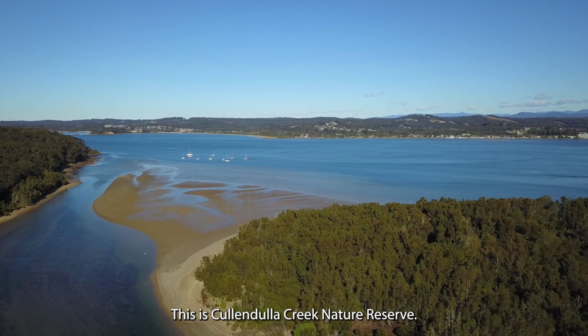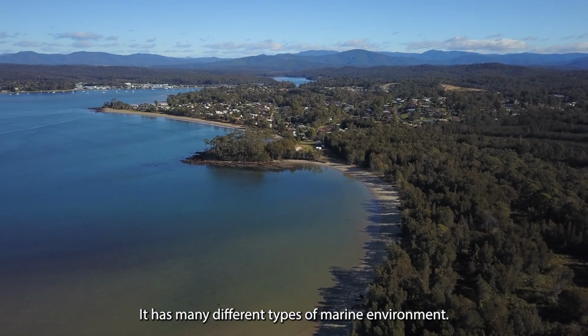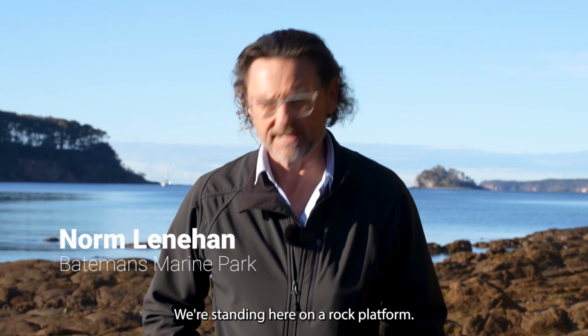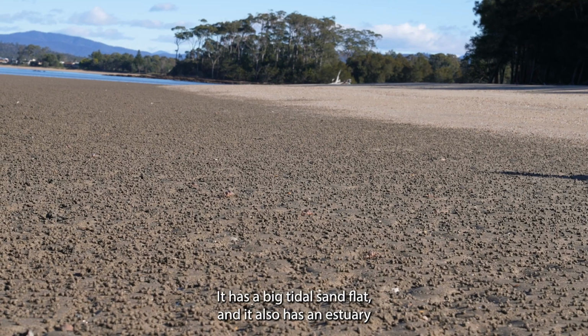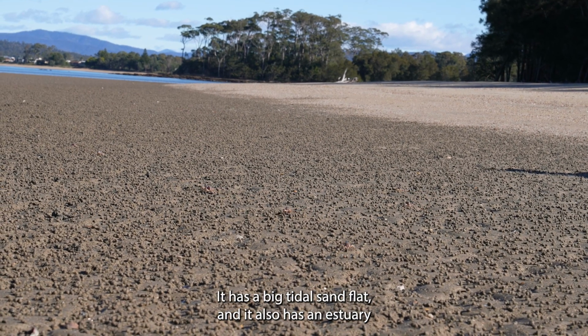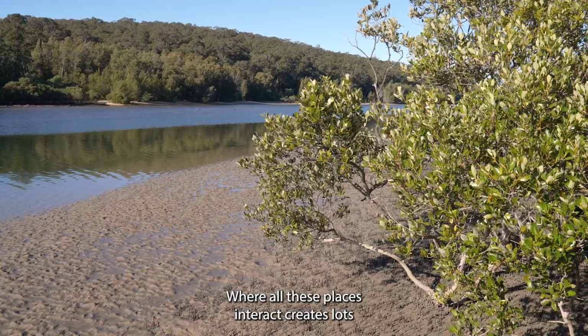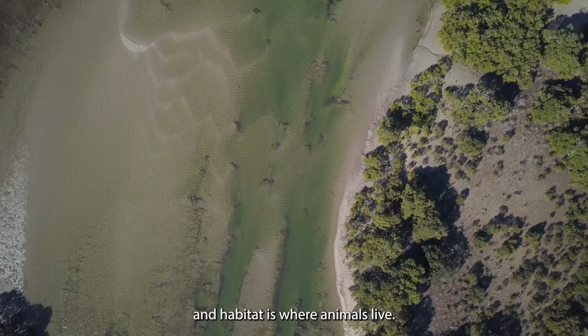This is Cullendulla Creek Nature Reserve. It's a very important part of Bateman's Marine Park. It has many different types of marine environment. We're standing here on a rock platform. It has a big tidal sand flat, and it also has an estuary where the rivers meet the marine environment. Where all these places interact, it creates lots and lots of different types of habitat, and habitat is where animals